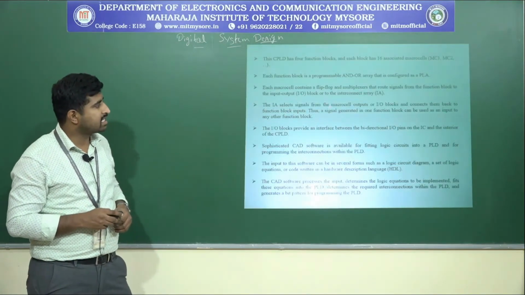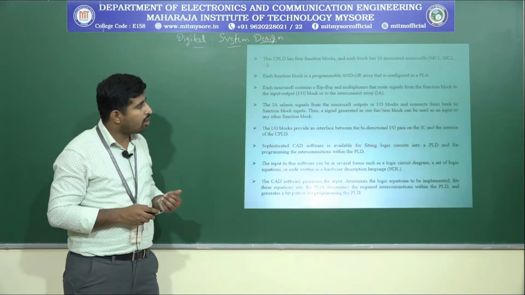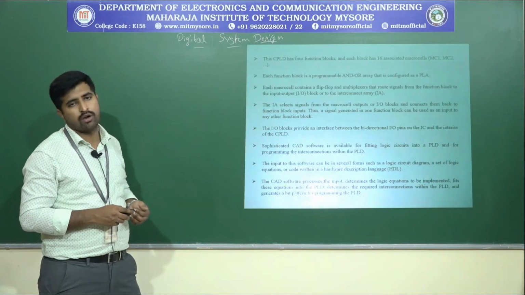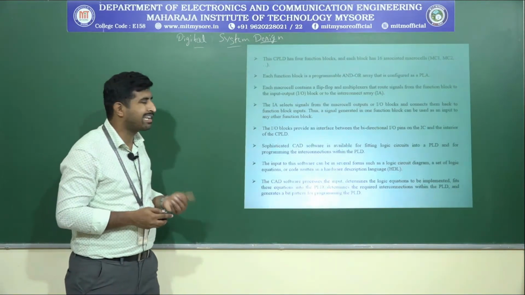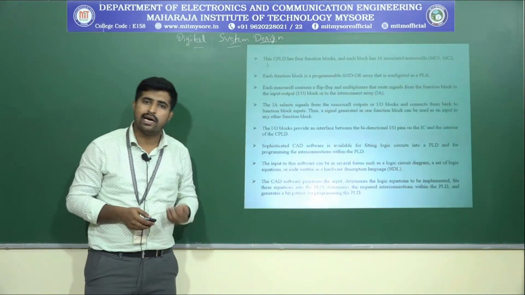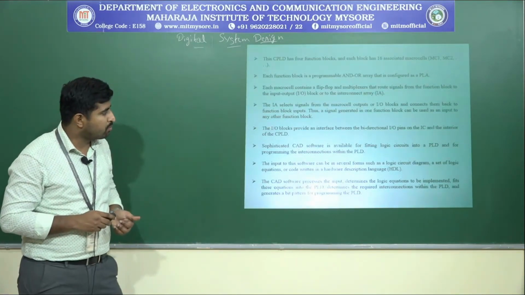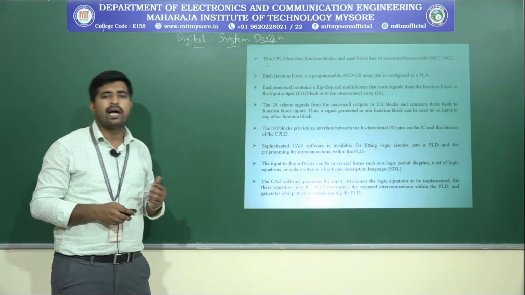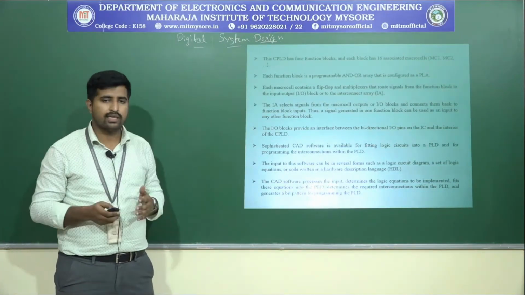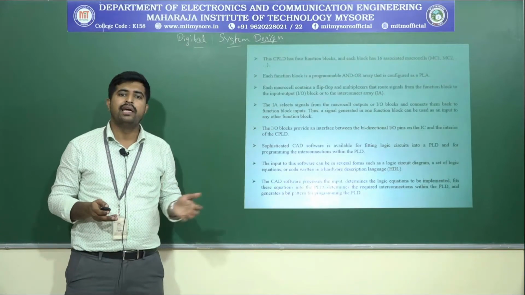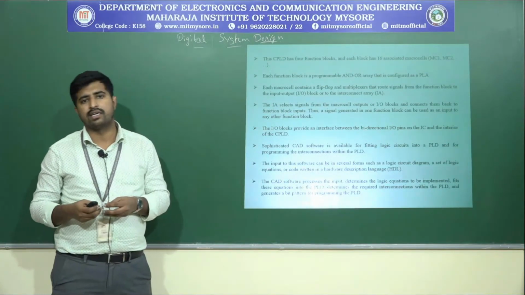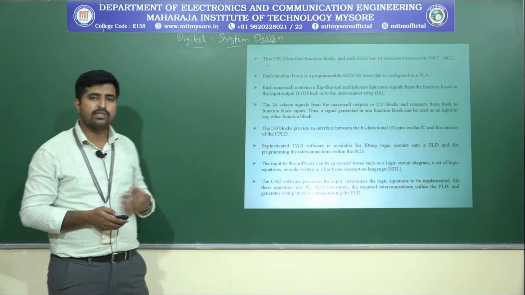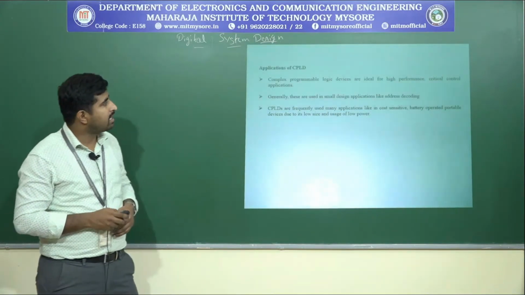So, IA selects the signals from the macro cell output or an input output block and connects them back to a functional block. Okay, that is the functionality of an IA, interconnect array. And the input output blocks provide the interface between the bidirectional input output pins and the CPLD. Input output pins will be there for the interface with external connections. Okay, that will be taken care of by the input output block. So, this is the architecture of a CPLD, XCR3064XL.